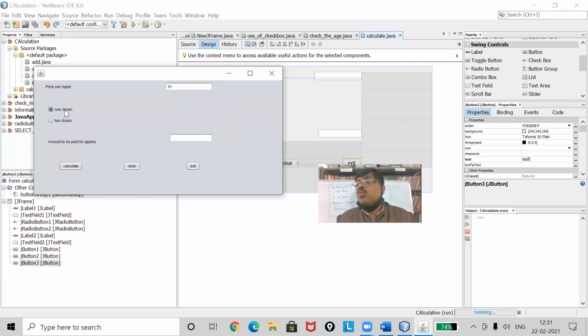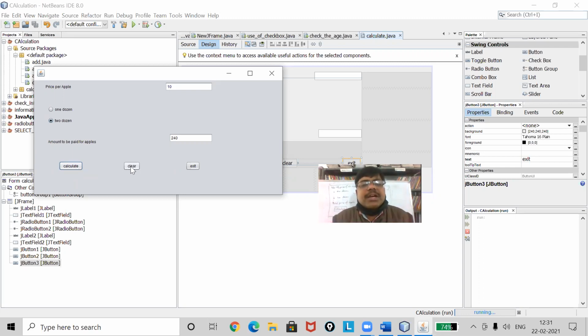I will get 1 true result. See. Coming. Okay. No, I want 2 dozen, that is 24. 24 times 10 is 240. Whether it will display or not. Is it displaying? Yes.